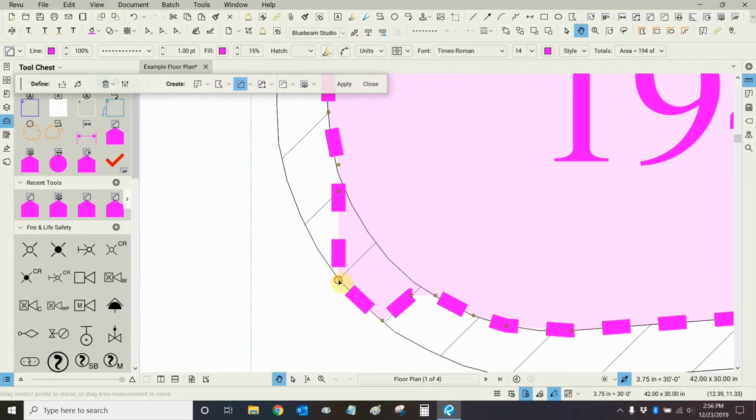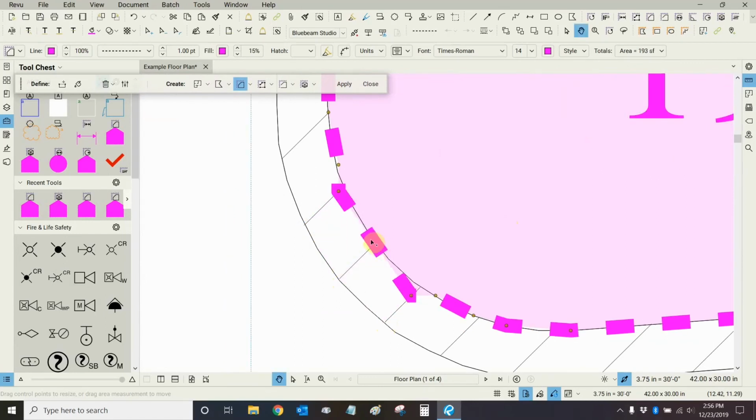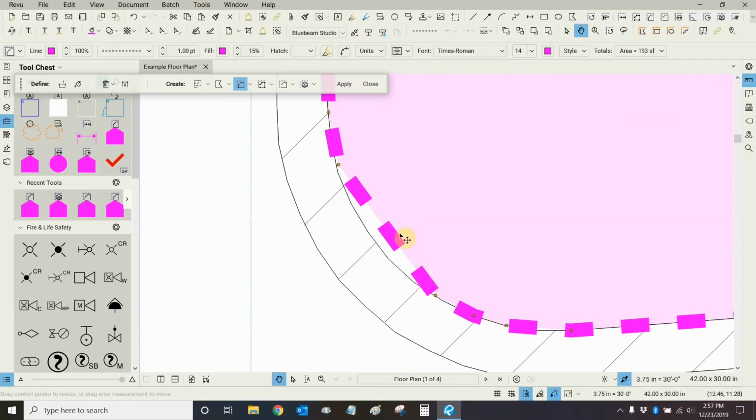I'm holding Shift while just clicking on these little grips. If I hold Shift on an empty area, I can add another grip, for example. So let's get rid of these two. And it looks like I will have to add one. So I'm going to add a grip right around there. Now I'm just going to let go of Shift, click and hold, and I can now snap it to that